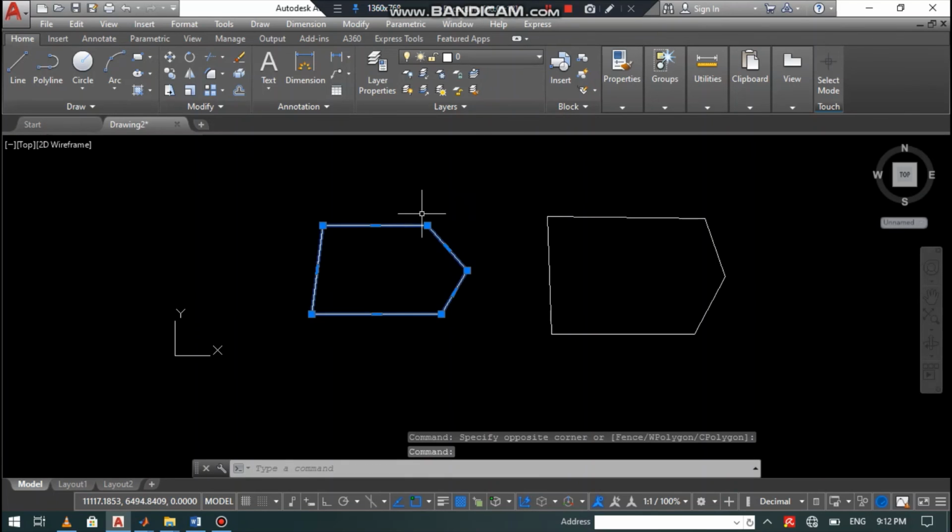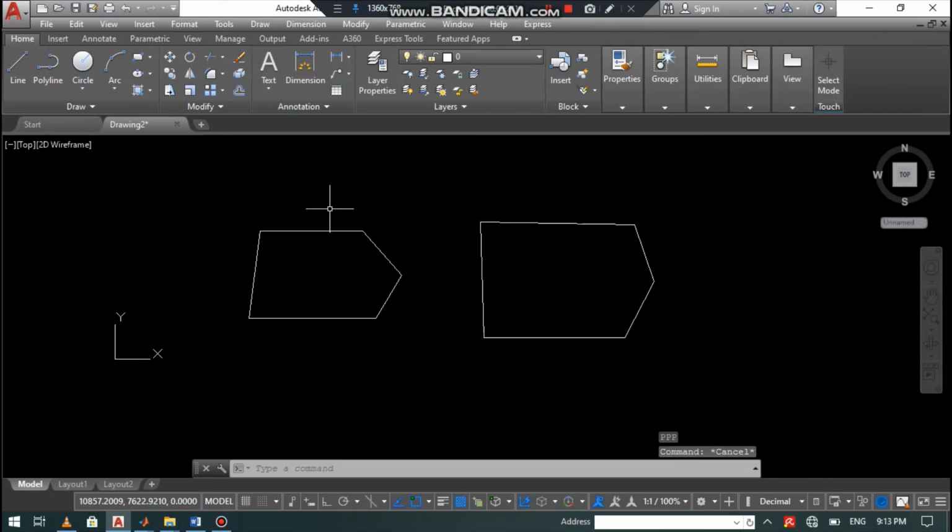So this is the simple difference between line and polyline. If I select this object, it is selected as a whole. If I select this object, only that line is selected. So this was the main difference between line and polyline.